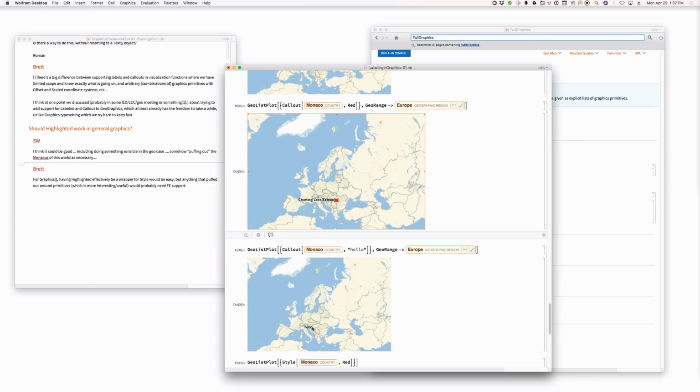And that's what I was imagining highlighted could usefully do. But I think the workflow you were suggesting is, you don't know that you're not going to see Monaco, right? I think that's really a visualization function. We need to make it smarter, either by default or